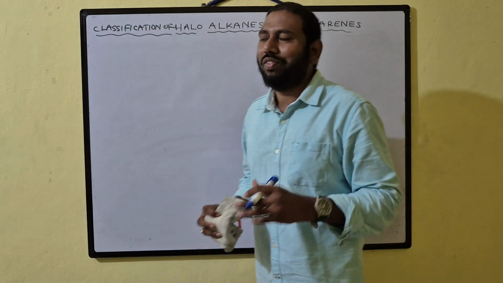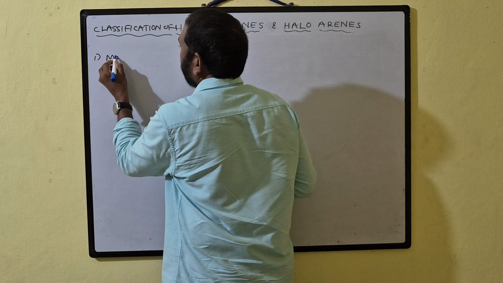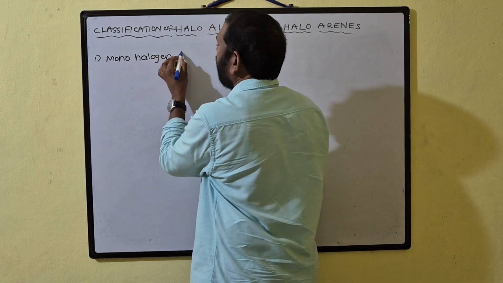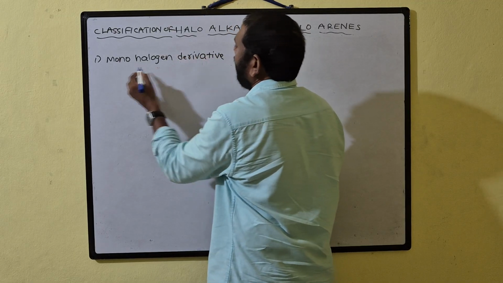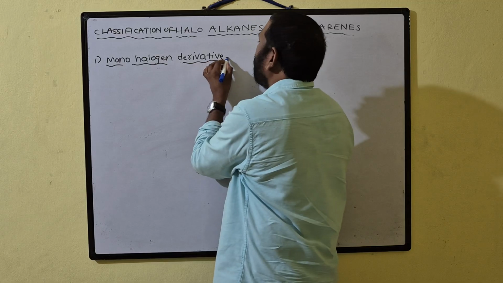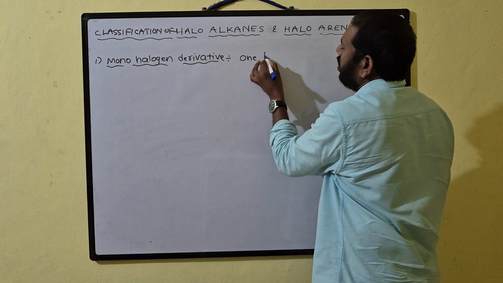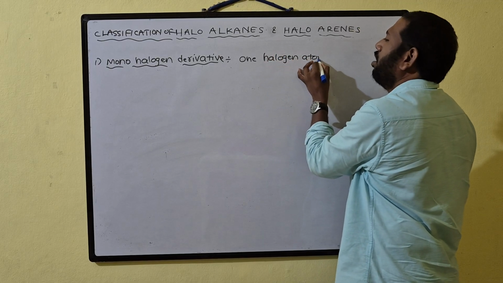Now we discuss one by one. First one, monohalogen derivatives. So what is a monohalogen derivative? If the compound contains only one halogen atom,